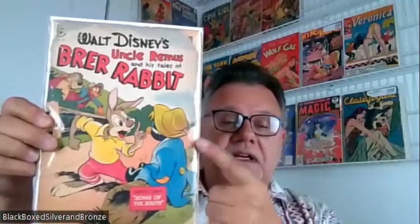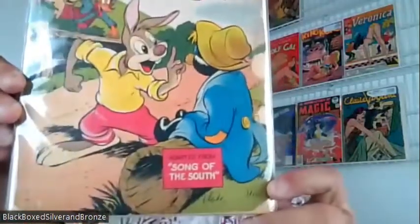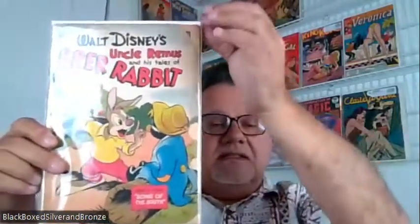It's complete. As you can see, the cover's got quite a few pieces missing around the edge, but you look at the main cover and you get a really good image of the artwork. So I'm happy to have that one. The back cover is kind of beat up. It's got some pieces missing like this, and it's taped together